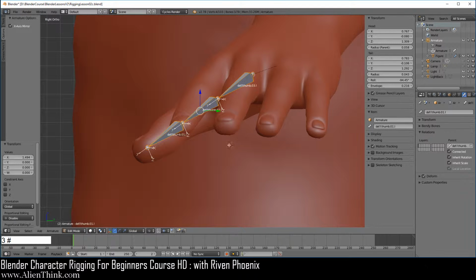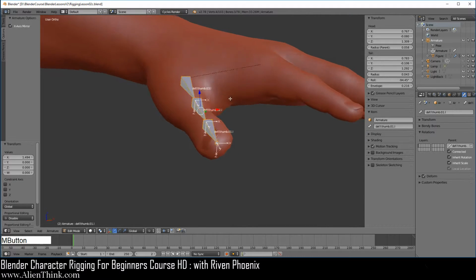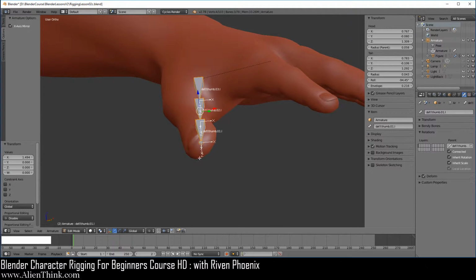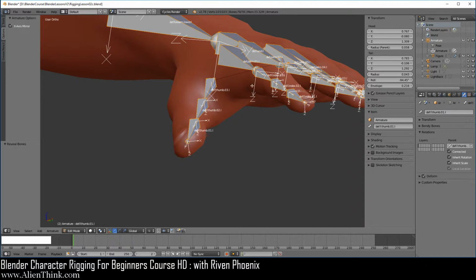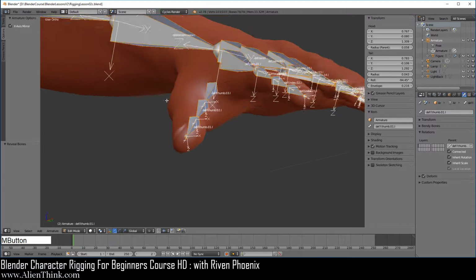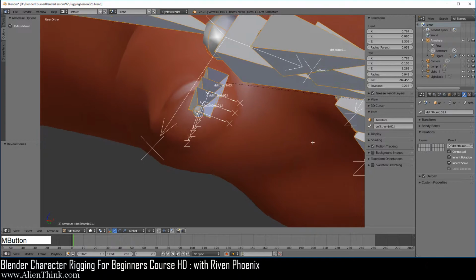If we press the 3 key and press the 1 key, you'll notice how the z-axis is basically pointing down like this. It's basically doing what these fingers were. If you do Alt H to bring anybody back, you'll notice that the z-axis is pointing down. This is a requirement for Unity if you want to use their mechanism system.